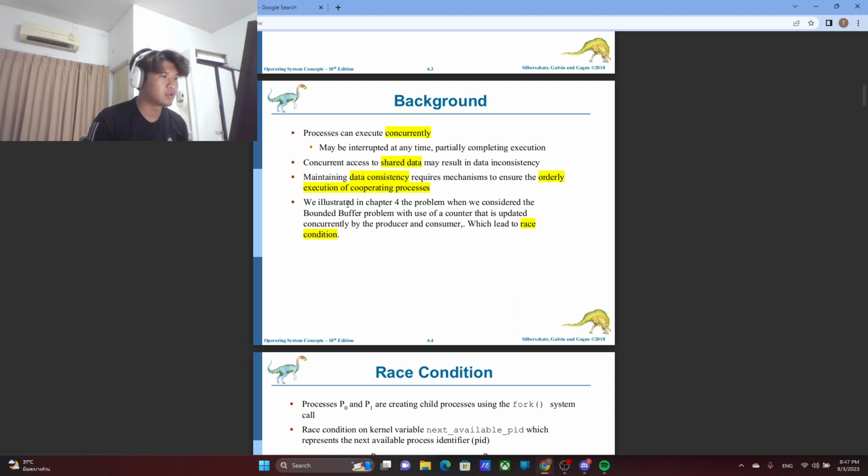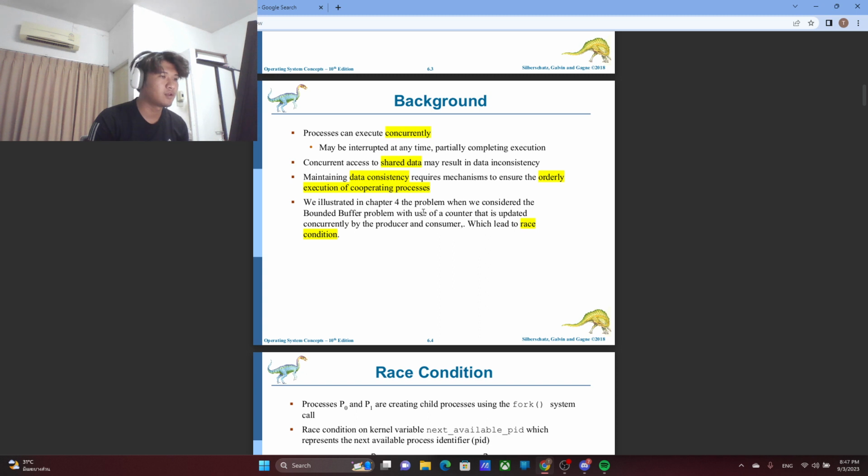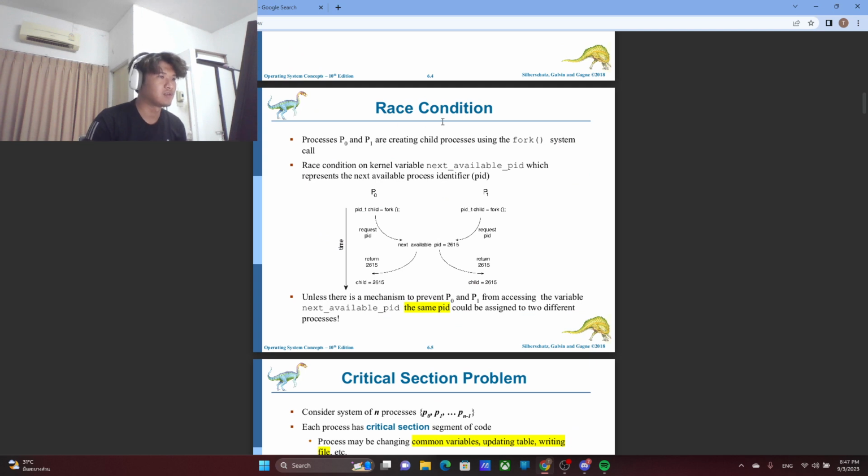We illustrated in Chapter 4 the problem when we considered the bounded buffer problem with the use of a counter that is updated concurrently by the producer and consumer, which leads to a race condition. This race condition